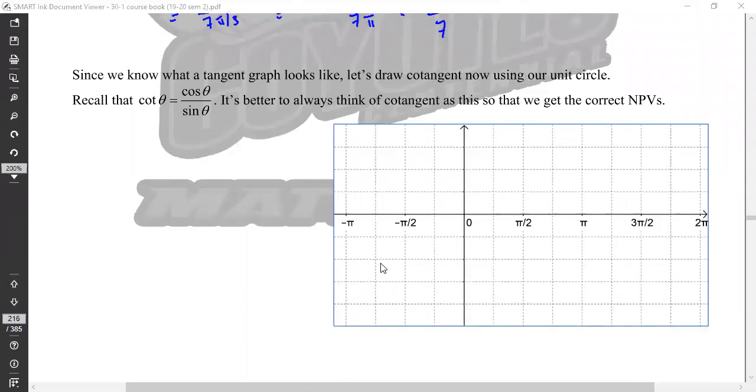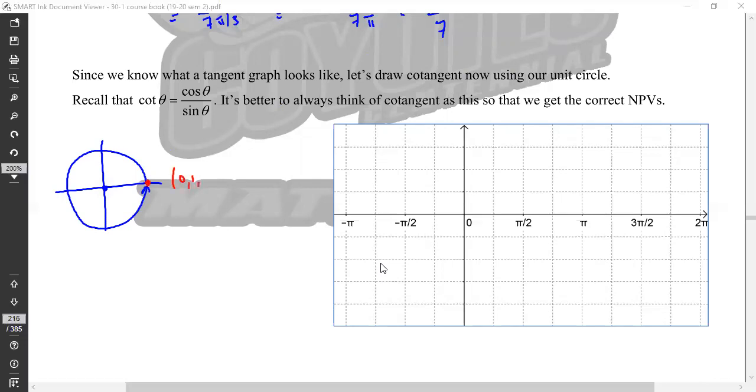And our last one here. Since we know what a tangent graph looks like, we can draw a cotangent using our unit circle. Recall that cotangent is cosine over sine. It's better to always think of cotangent as this so we get the correct non-permissible values. If cotangent is cosine over sine, cotangent of 0,